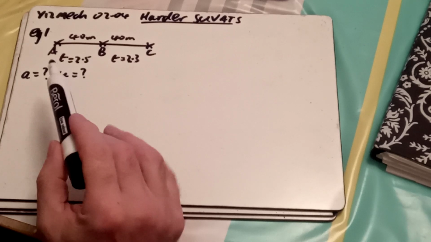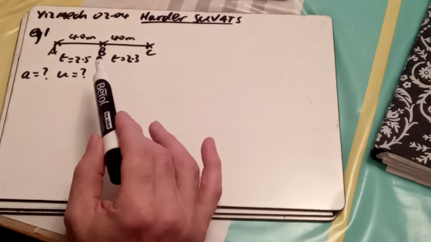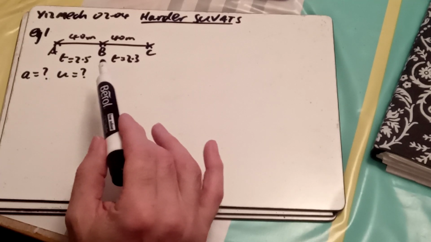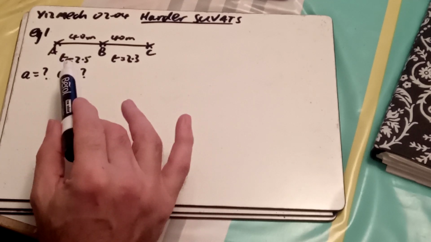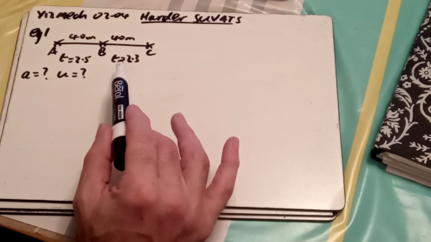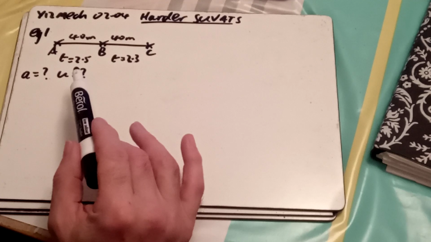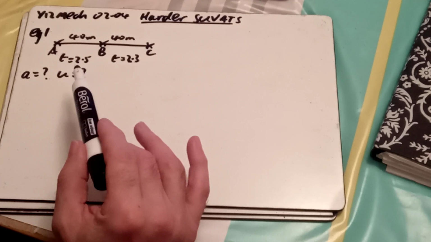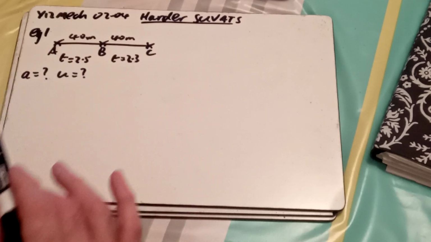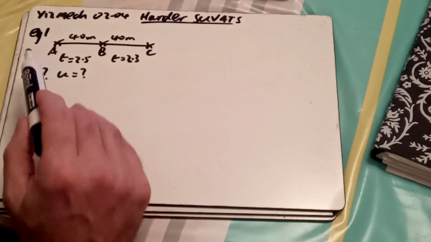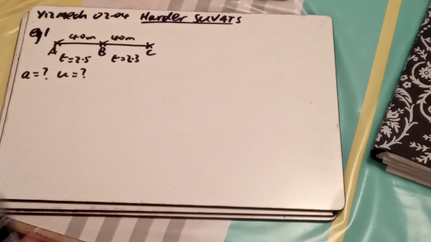It says, telegraph poles 40 metres apart stand alongside a straight railway line. The time taken for a locomotive to pass the first two gaps between the three consecutive poles is 2.5 seconds and 2.3 seconds respectively. Assume that the acceleration of the train is constant, calculate that acceleration and the speed past the first post. Now, I've labelled the posts A, B and C to help me out,